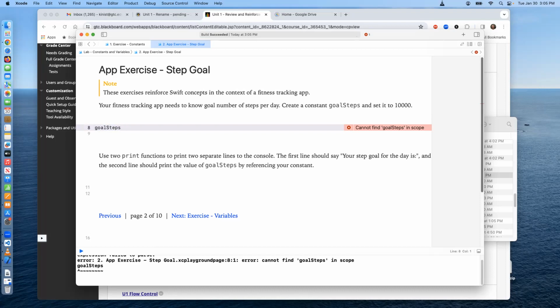I am forgetting the keyword of let, so here I am dropping the ball right off the bat,